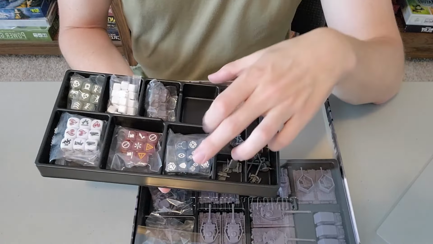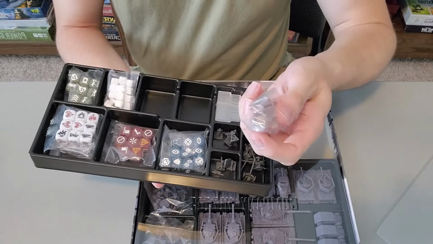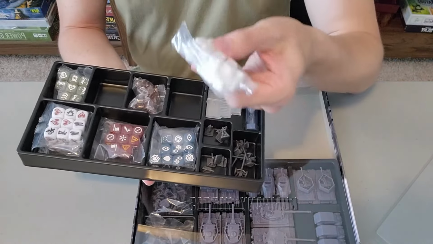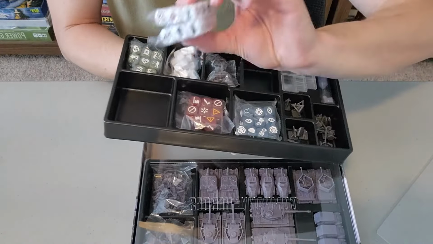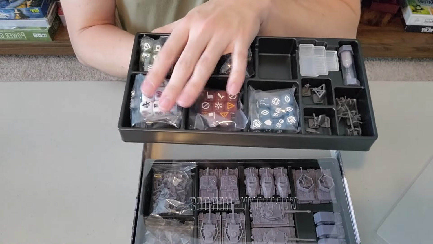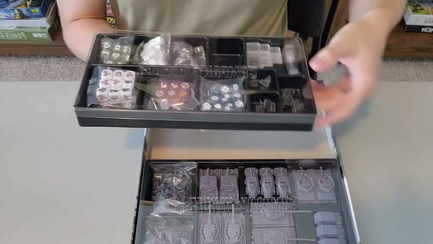Some infantry trays. Once again, your condition dice as well as your veteran dice. Your command cubes. This is for your resource track on your command board. Some more veteran dice, and then your regular action dice. So a lot of these extra dice. In the first edition, I only had one set of these dice. I was running through them like crazy. So it's good that we're getting extras across